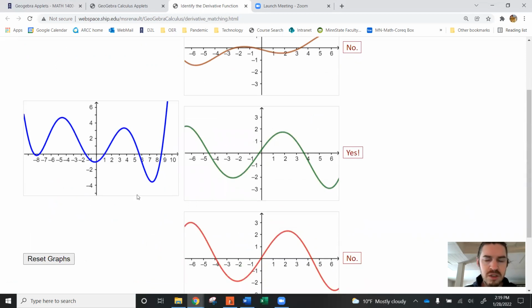So this is a fun sort of thing that you can do. Again, building your intuition and your understanding of the relationship between a function and the graph of its